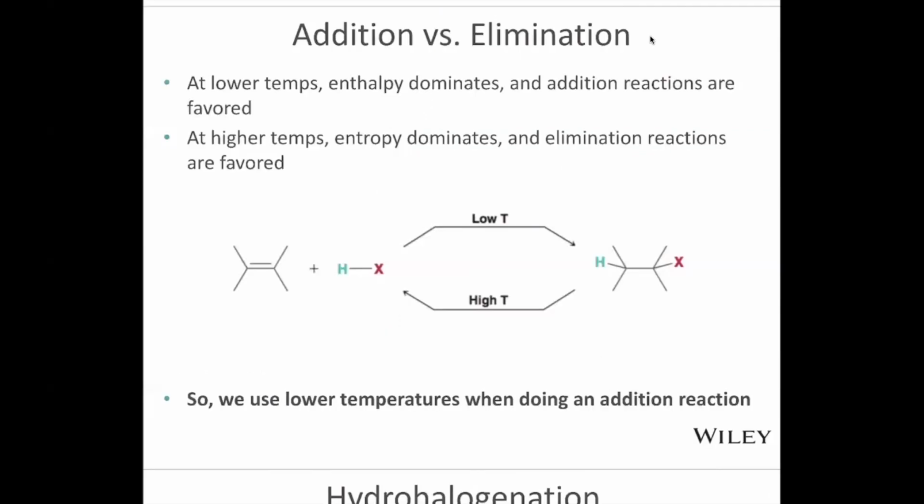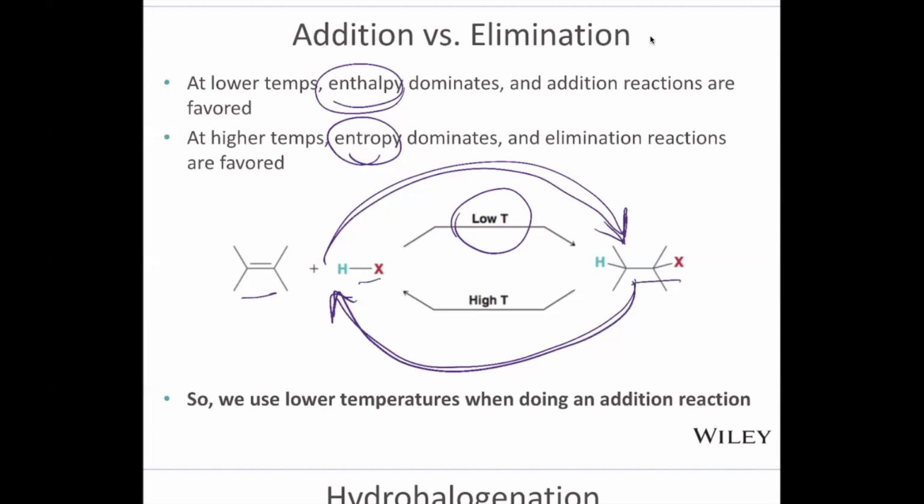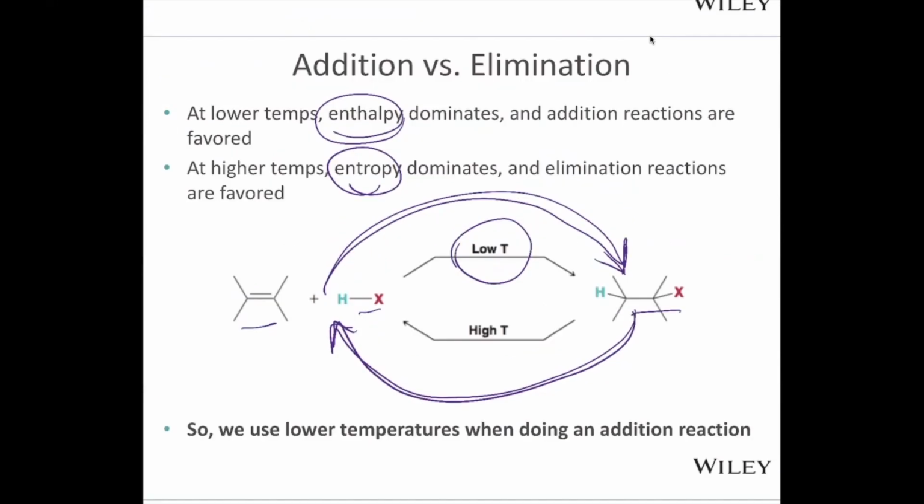If we look at addition versus elimination, we see that at low temperatures, addition is favored, where we add across the double bond in an addition fashion. Whereas at high temperatures, elimination is favored. And we can remember that from the previous chapter. Whenever we added heat, that usually implied that elimination was going to happen. It turns out that at low temperatures, enthalpy dominates, whereas at high temperatures, entropy dominates. And entropy is randomness, and so entropy dominates, and elimination is favored. The bottom line for this chapter is that we're going to use lower temperatures when we want to do an